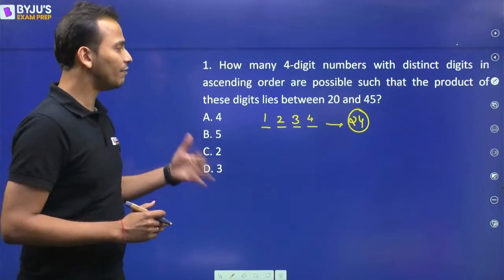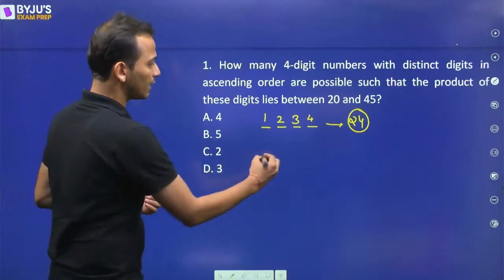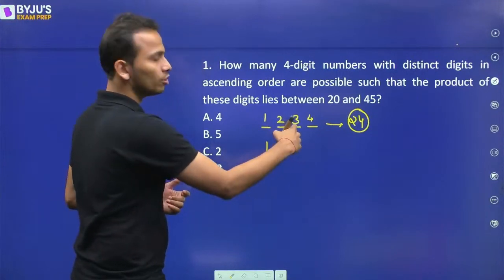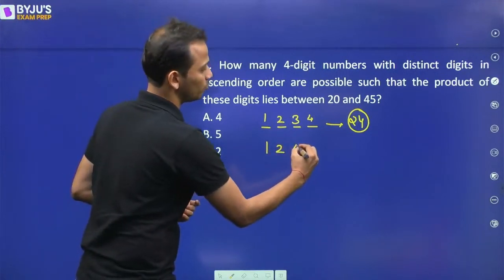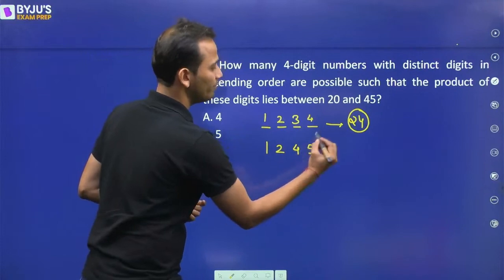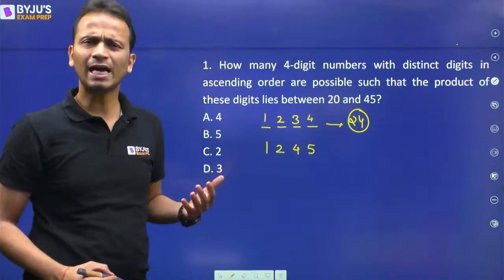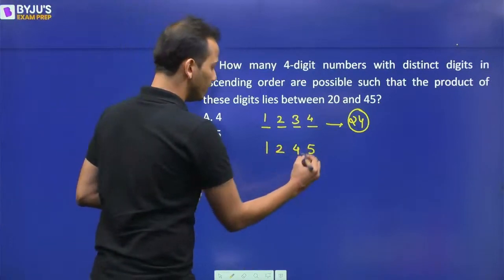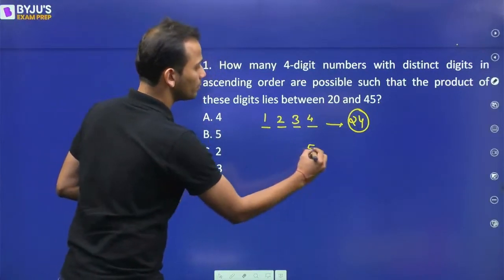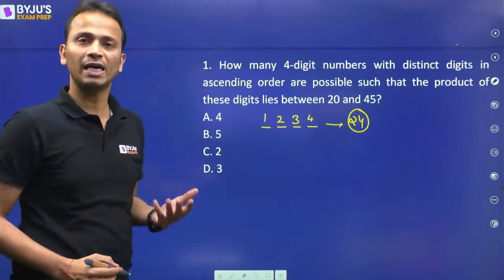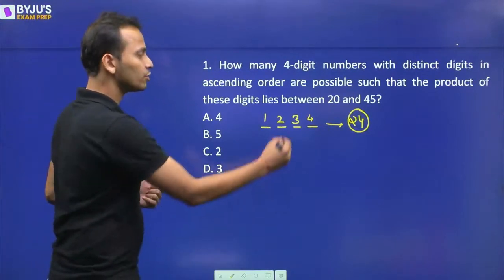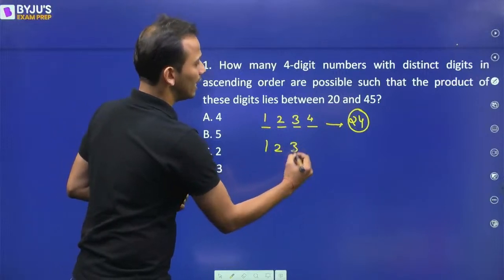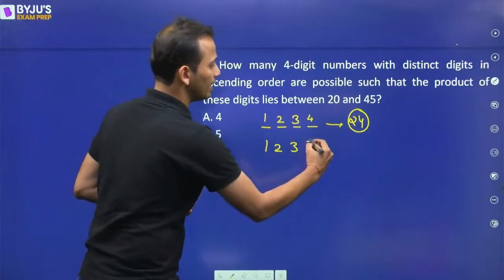Okay. Now after this, what will be the next number that I can form? So it can be 1, 2. Now instead of 3, if I put 4, then I can put 5 here, right? So like this, I can keep forming these numbers. But what I should do is go in a proper sequence, in a proper direction. So I'll first of all fix the first 3 digits 1, 2 and 3 and change the next digit and make it 5.